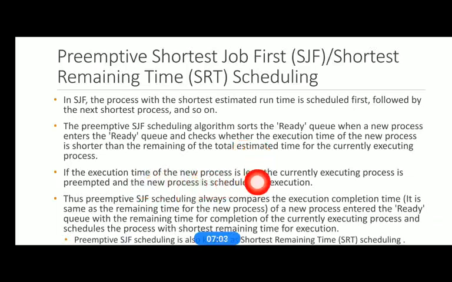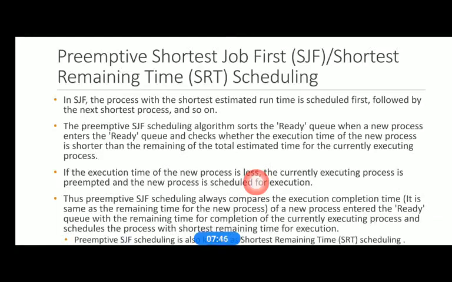Each time a new process enters the queue, it will check whether that new process has less time compared to the current process's remaining time of execution. It will compare the new process run time with the current executing process's remaining time.